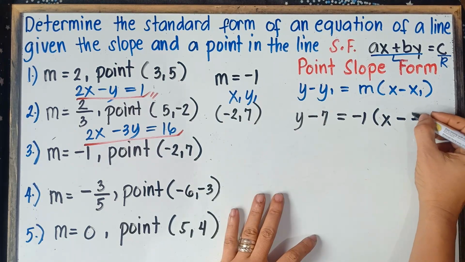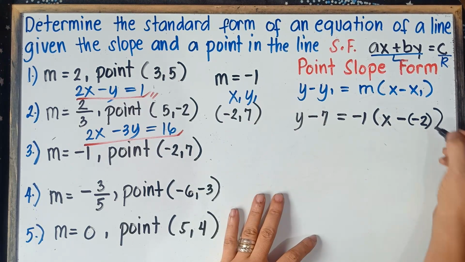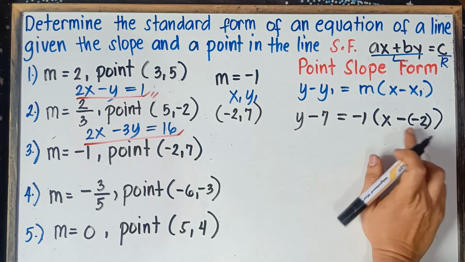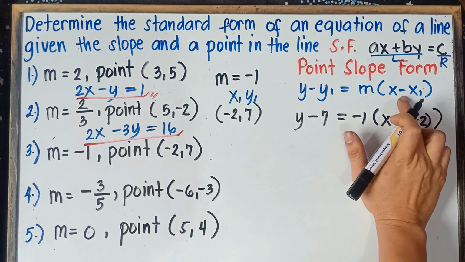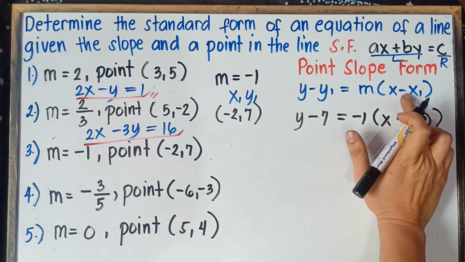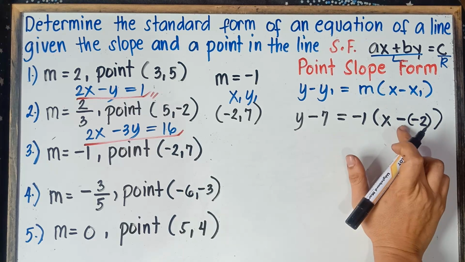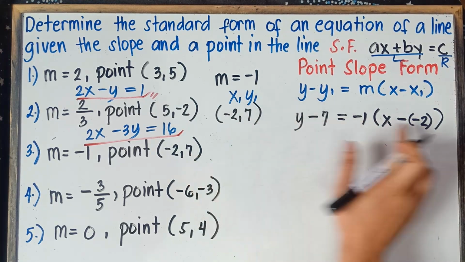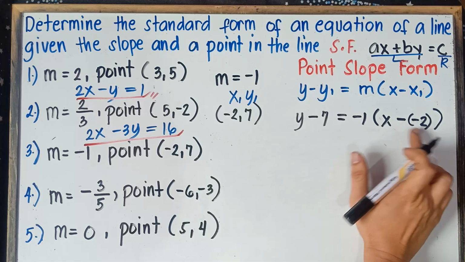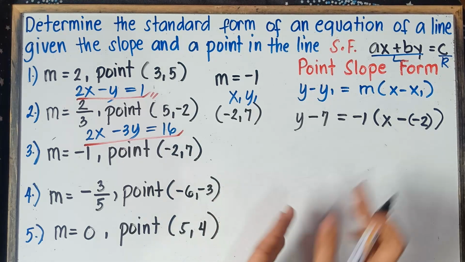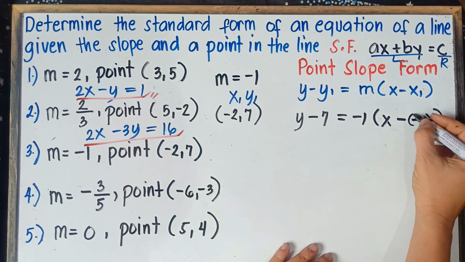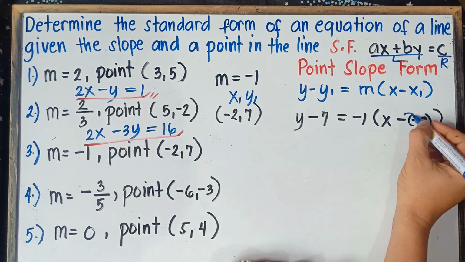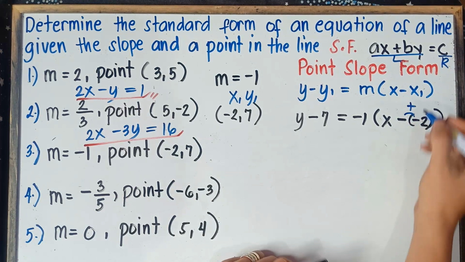So therefore, we need to put parenthesis. And then another close parenthesis. Now, you'll be asking the question, sir, why do we have 2 negatives? Now, the first negative, class, came from the formula. So it says x minus, so this will be minus sign, and then this negative 2, class, came from the value of x sub 1. That's why, class, we do have 2 negatives. Now, since 2 signs are close to each other, we need to put parentheses, class, because we need to multiply the signs. So this will be negative multiplied by negative, and it will become positive.